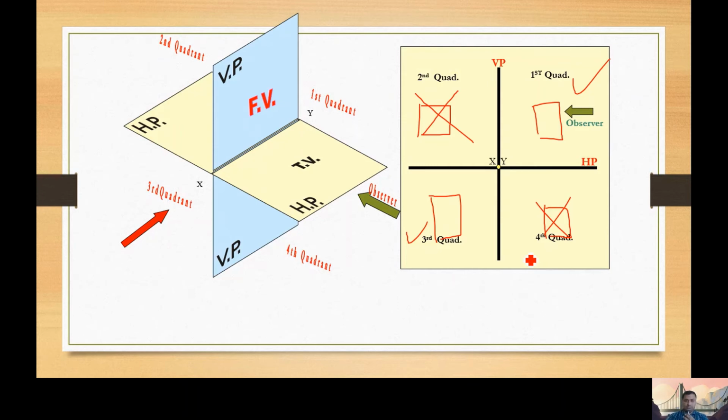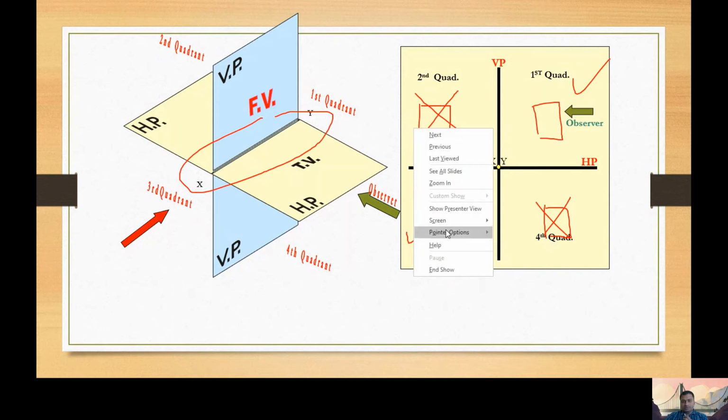The reason is that in both the second and fourth angles, the views are going to be collapsed, merged, right? So the second and fourth are not used, but in the first and the third, the views are going to be separated by means of this XY. The front view, top view, along with the side view are going to be separated, right? So that is the reason the first angle and the third angle are preferred for design.